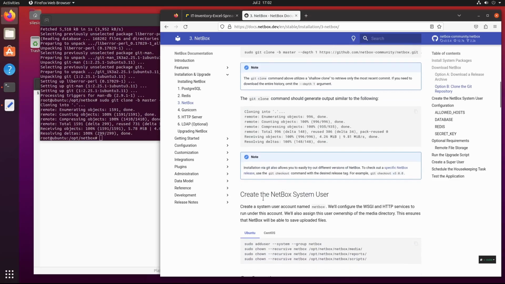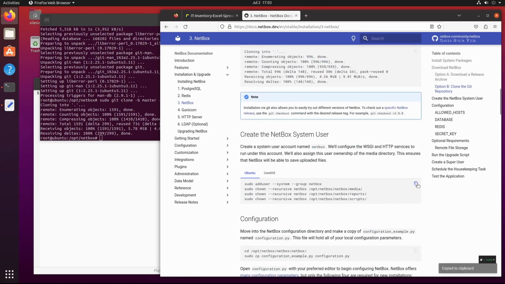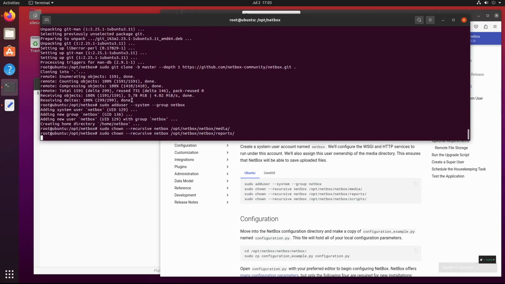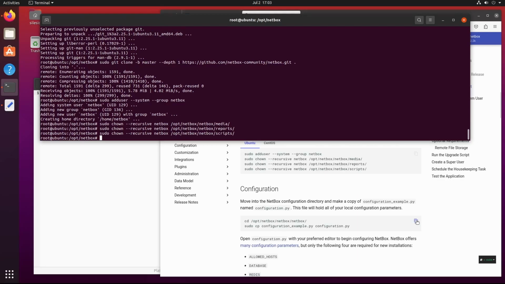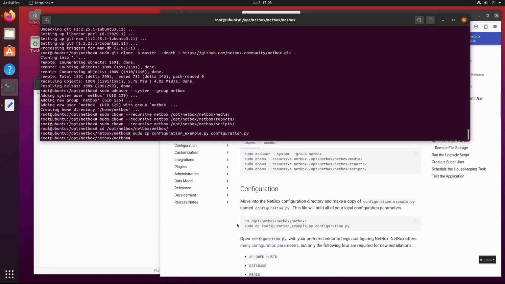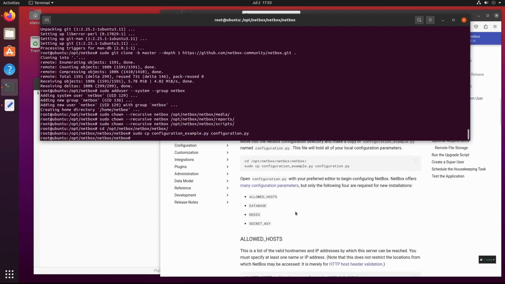So now we have to create the Netbox system user. So I'm just going to copy. As you can see, I'm just going to follow the instructions because it's self-explanatory what it's doing. And now we have to make some changes on this file. So I'm just going to use nano